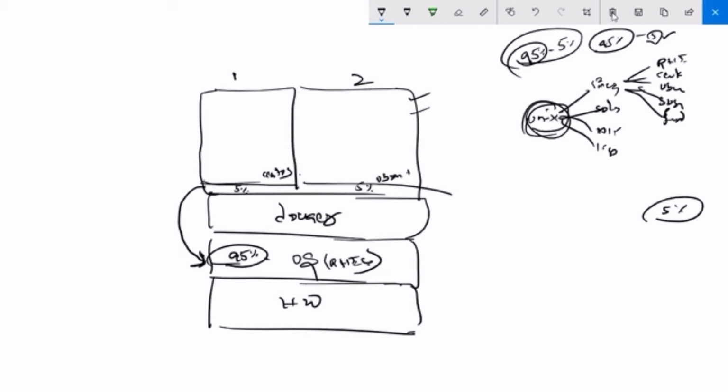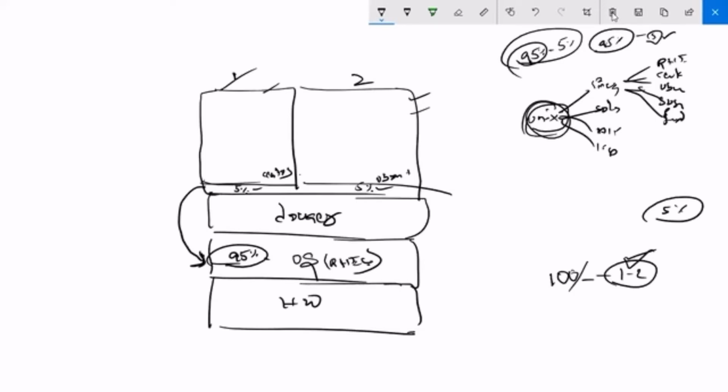Now again you might be having a doubt. Sai, you said there is no OS in a container. See here, in 100 rupees, 1 or 2 rupees is negligible, right? Same thing here. This small OS in a container is very, very small, so generally we ignore it. We think it's almost negligible. That's why generally we say that a container will not have an OS.